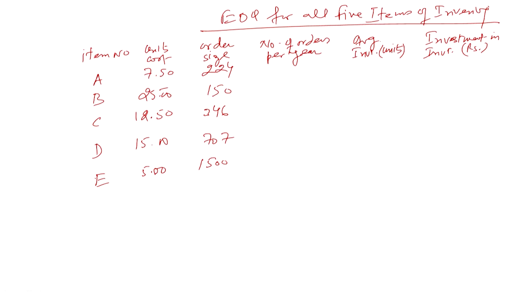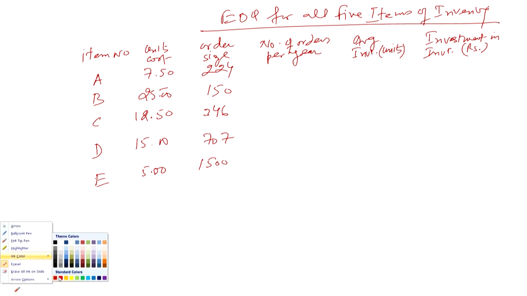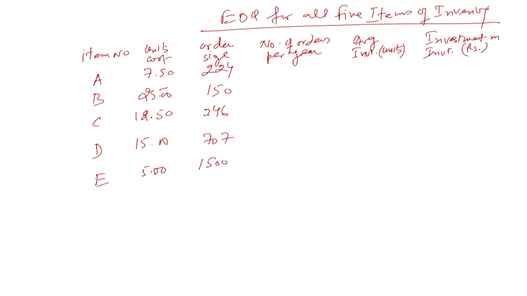Number of orders per year 6.7, sorry, number of units 6.7, here it is 15, number of orders 15, then it is 17.34, then it is 42.43, and then it is 30. Average inventory you can easily find out from this column: 112, it is 75, it is